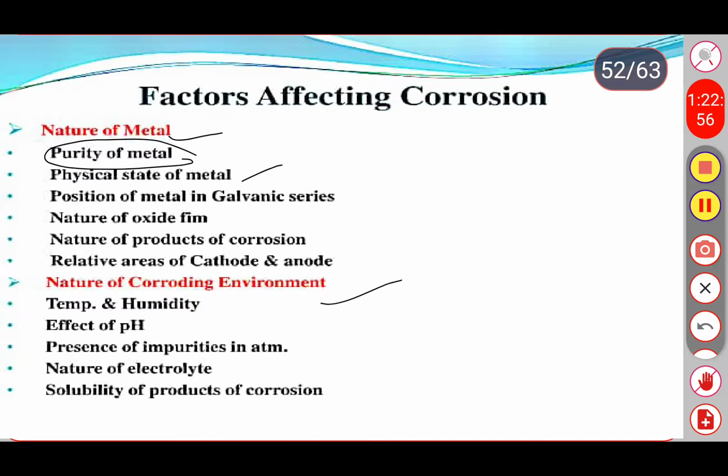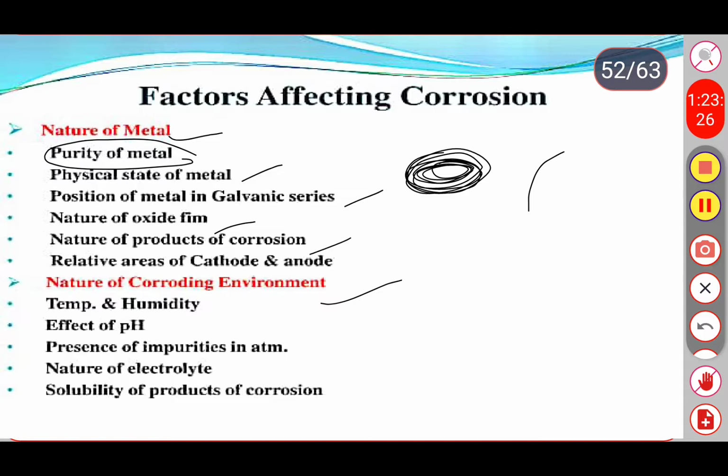Third one, position of metal in a galvanic series. Fourth one, nature of oxide films. And fifth one is nature of the product of corrosion. And next one, relative area of the cathode and anode. It means we lose their electric power or electric conductivity. Next,